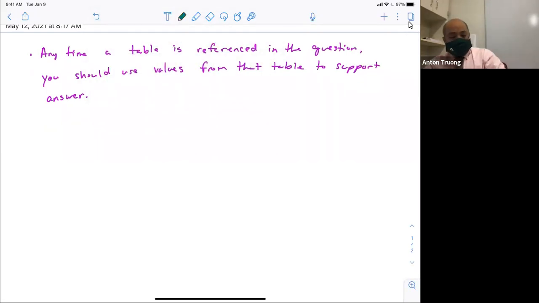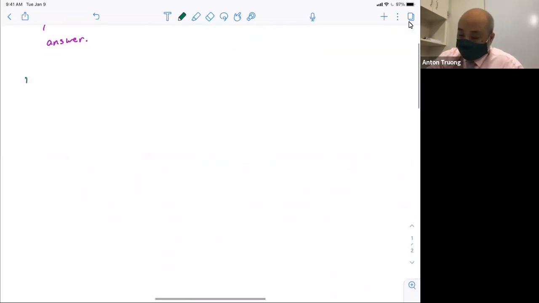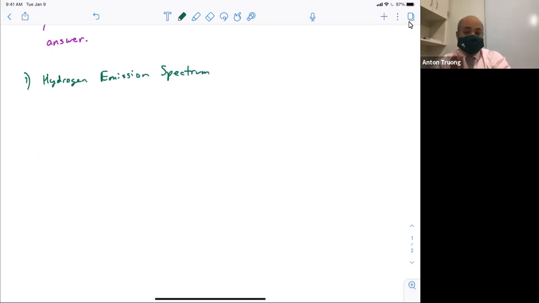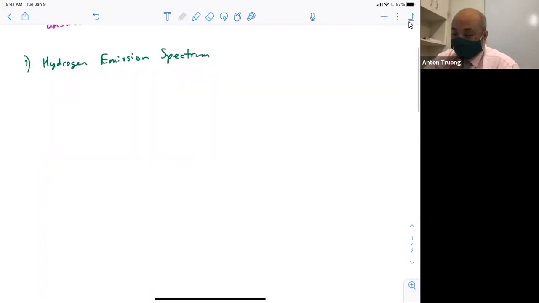So, the ideas that I wanted to talk about here for state and explain. Okay, first one: understanding the hydrogen emission spectrum. There's a variety of aspects of this that you have to understand and be able to explain on a paper 2 question. Okay, and so key ideas with this, before you even start illustrating and visualizing this: